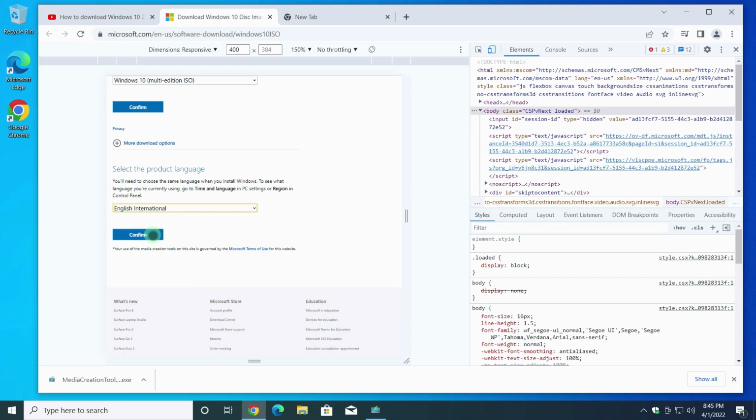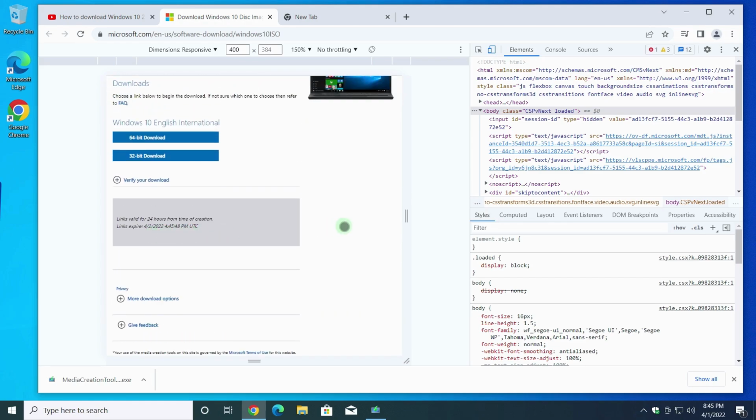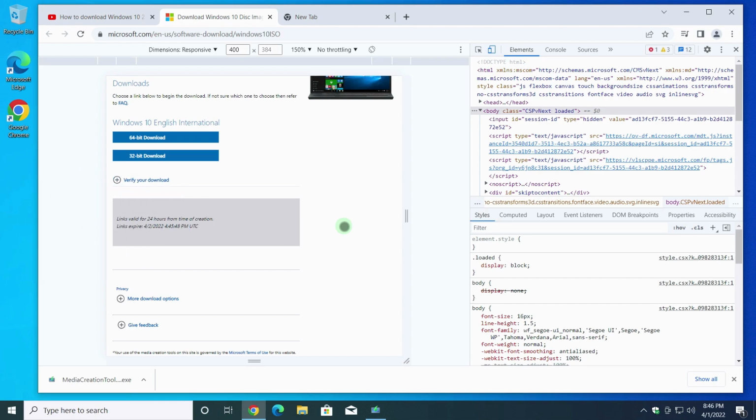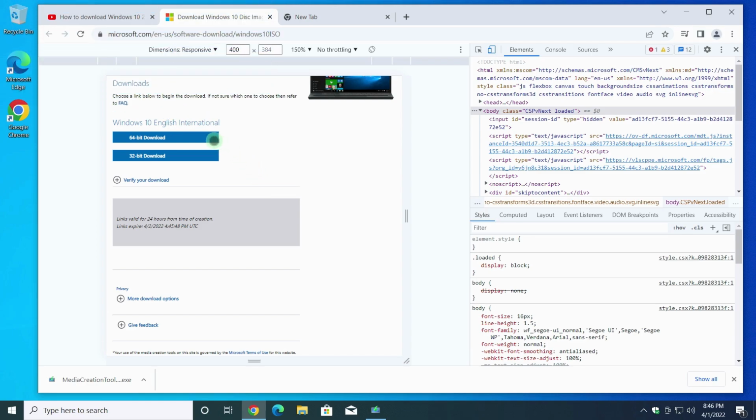Confirm again. Two buttons appeared. If I click on this, it will download Windows 10 32-bit. The first button is the 64-bit version. I will choose this.